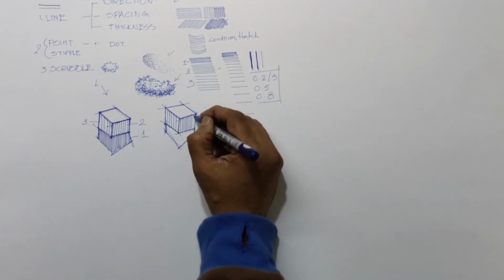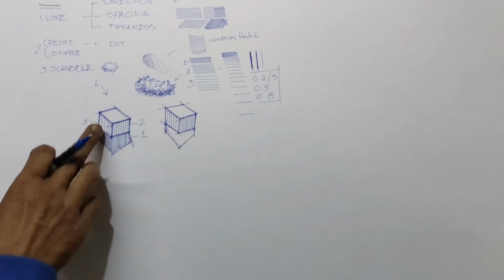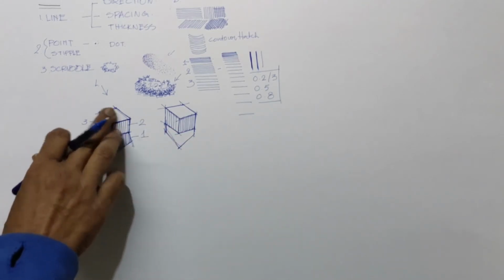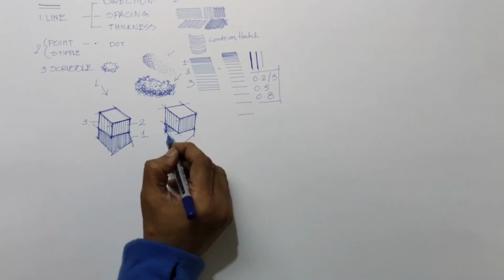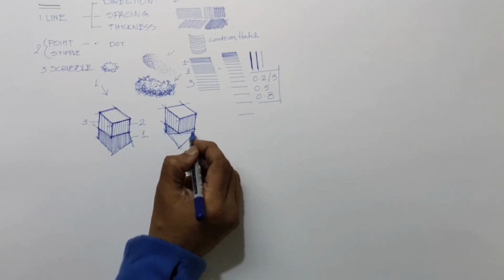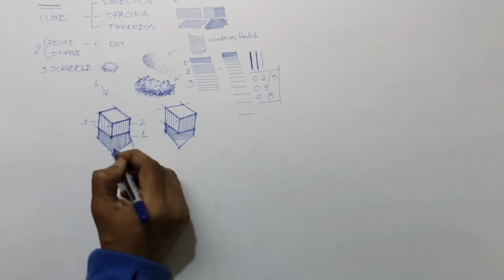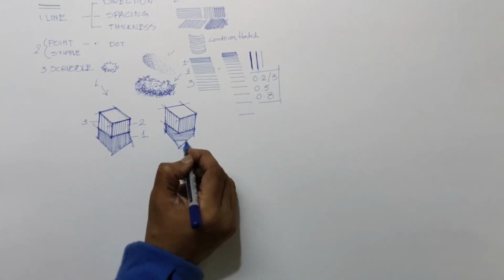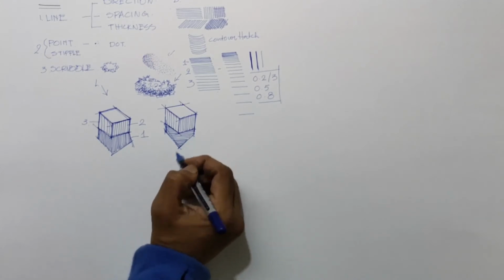Over here it was unidirectional. Shades, shadows and everything is in one direction. Here what I am doing is, for a change, I can go for a horizontal hatch for the shadow. See, this one is much better than the earlier one, because the change in direction will definitely change your perception.